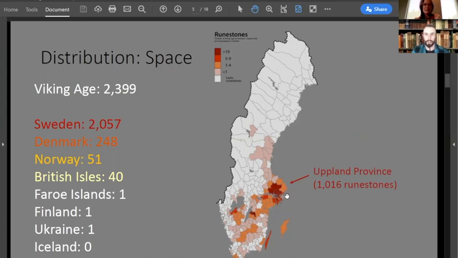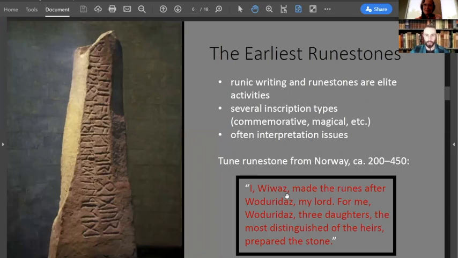All right, so let's take a look at some runestones now. During the earliest period, runic knowledge and the raising of runestones were really elite activities. We see runestones being raised by chieftains, high-ranking warriors, priests, that kind of thing. Not really the masses. And there's not really one standard type of inscription, but we do see some that are already commemorative of deceased relatives. Some are magical, some are even curses,